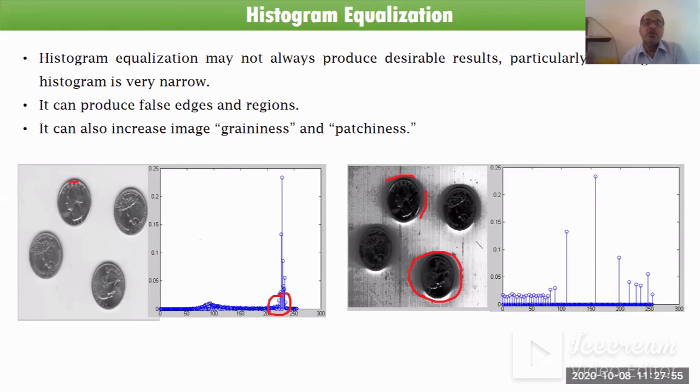ओके, so this histogram equalization may not always produce the desirable result, particularly if the given histogram is very narrow. जर असेल, म्हणजे हे जे रेंज आहे हे नॅरो रेंज मध्ये प्रोड्यूस होत असेल तर ह्या वेळेस रिझल्ट प्रॉपर येणार नाही. ओके,